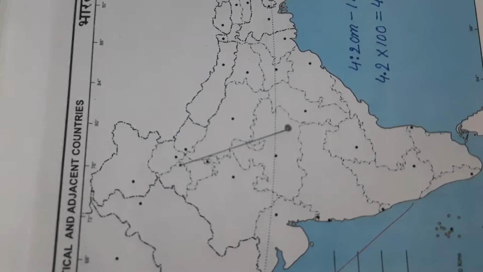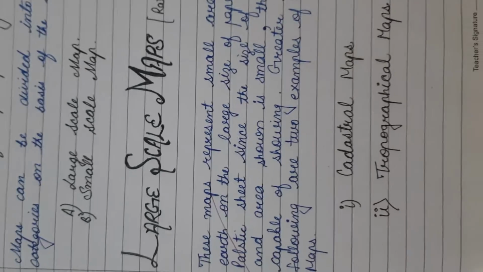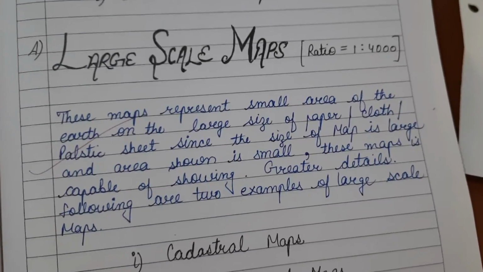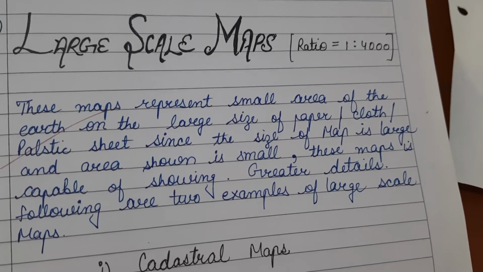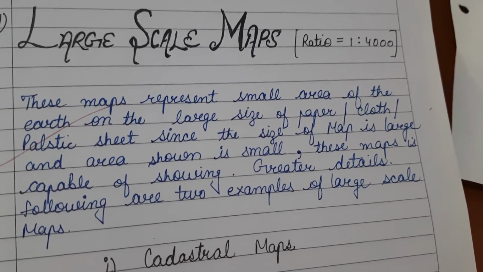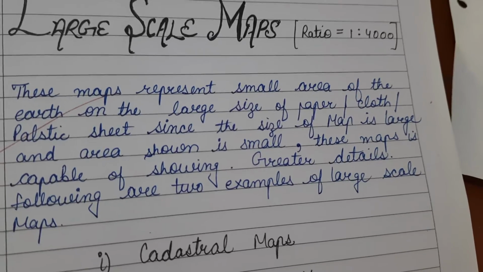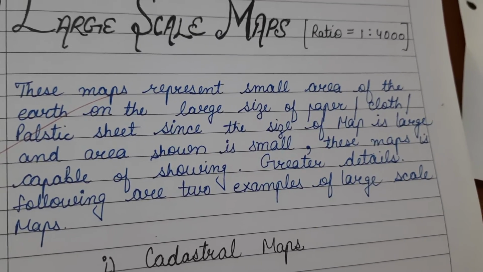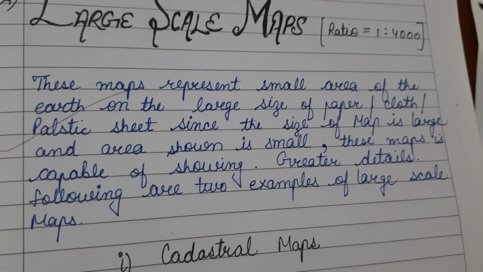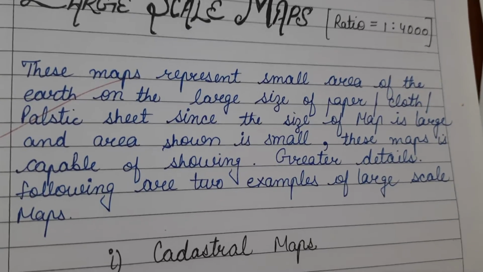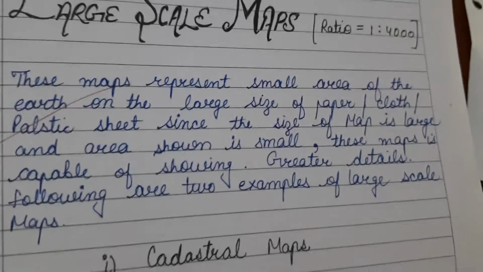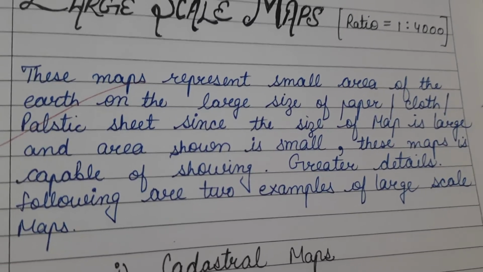And then classification of map according to scale and content, I showed you the diagram. Here I have started to show you some pictures according to the classification of the scale. If we talk about scale, large scale maps are based upon the ratio. The large scale maps ratio is 1:4000. Meaning whatsoever we have seen on the map as 1 centimeter represents 4000 centimeters distance on the earth. On the map it is 1 centimeter, on the earth it is 4000. So that is a large scale map.